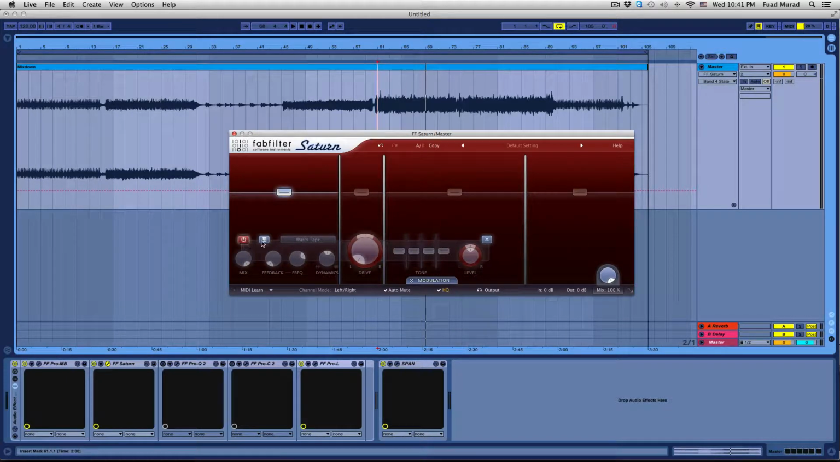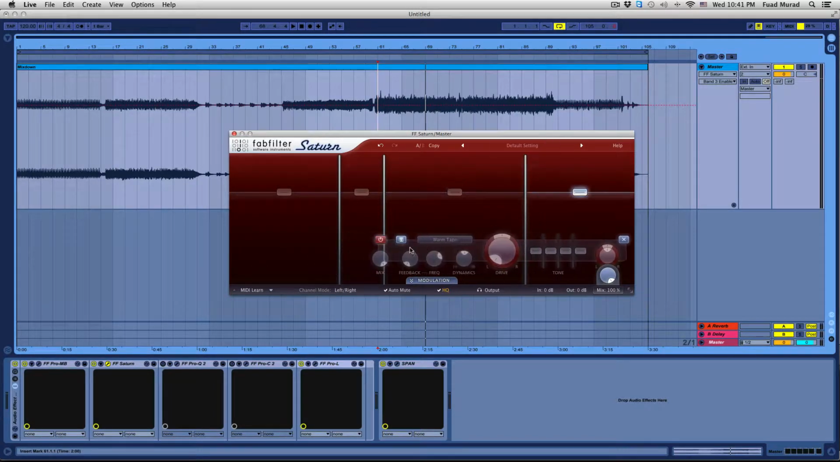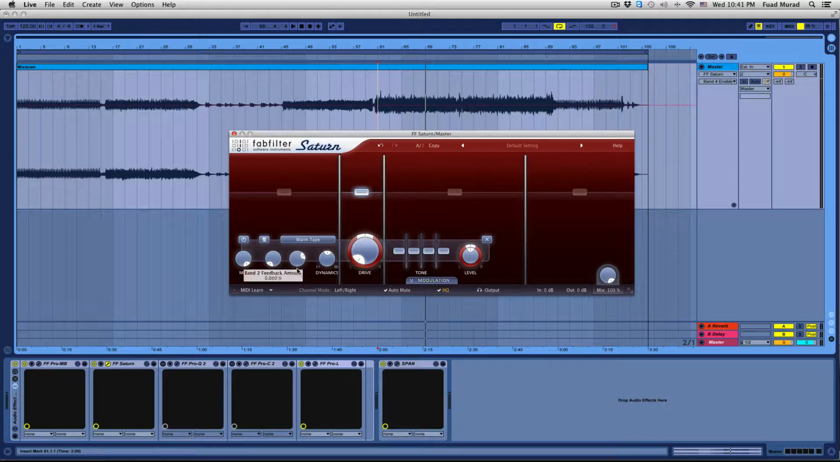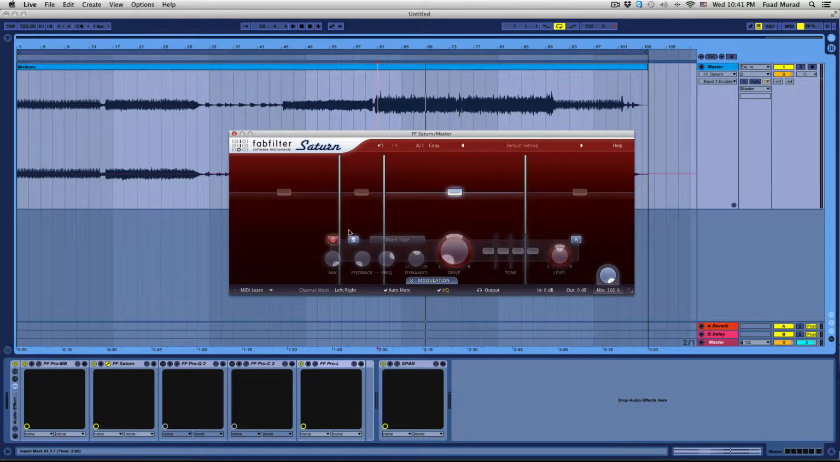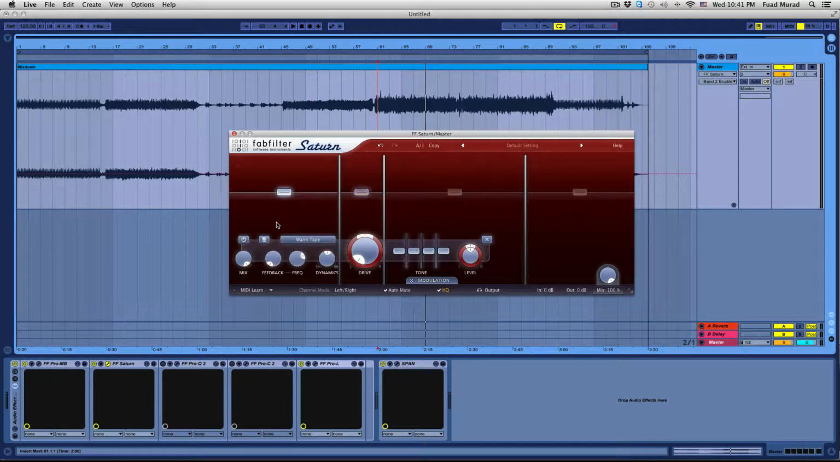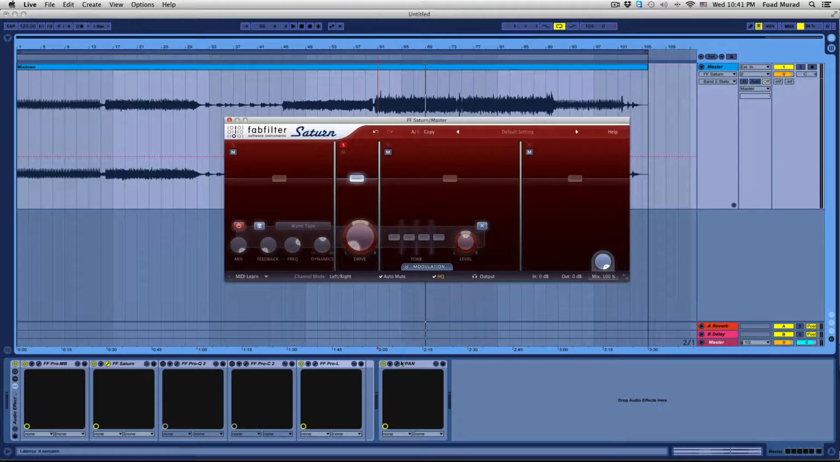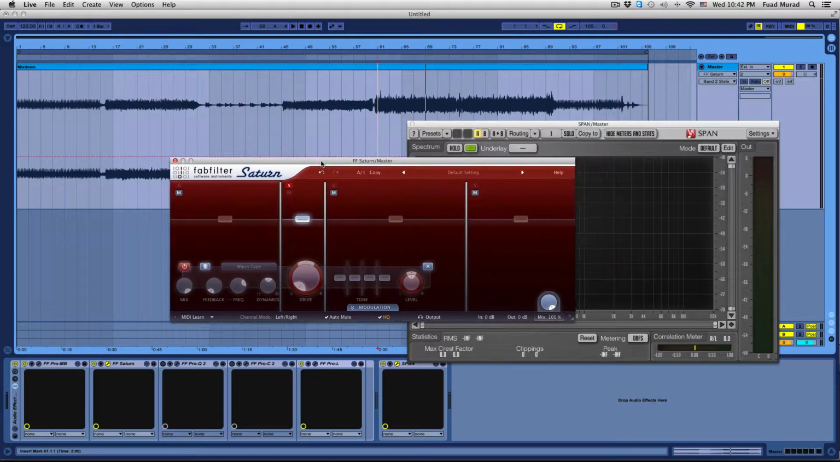So here you can see I turned off all the processing for each band, because once you turn it on, it starts to color the sound right away. So I'm going to turn them off, and I'll work on each frequency on its own. We can start off with the lower mids, which is the band I particularly want to focus on. So I'm going to bring up the span,